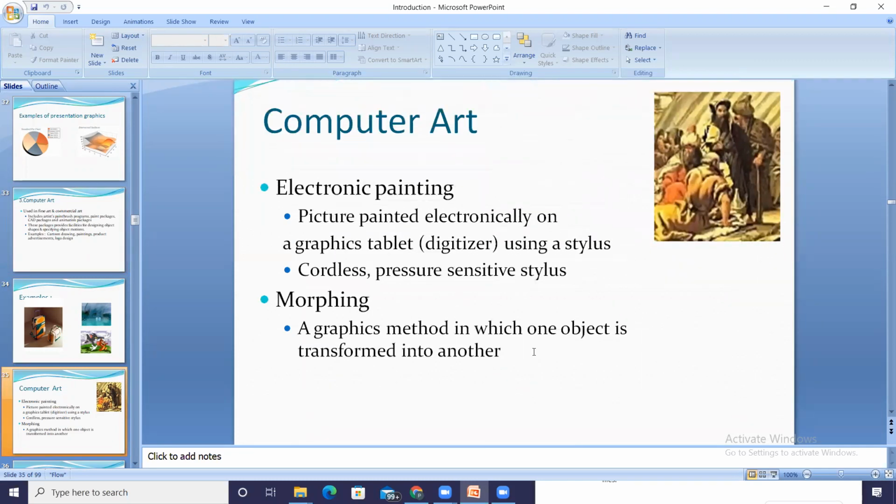So computer art can be divided into two types. One is electronic painting and second is morphing. So first, electronic painting is nothing but we are going to paint the